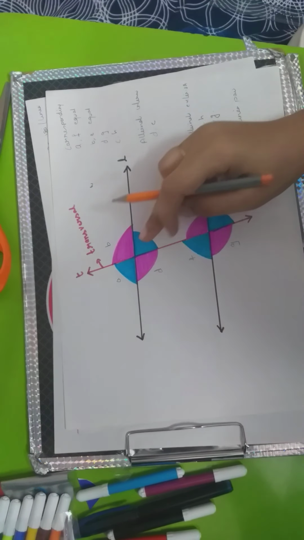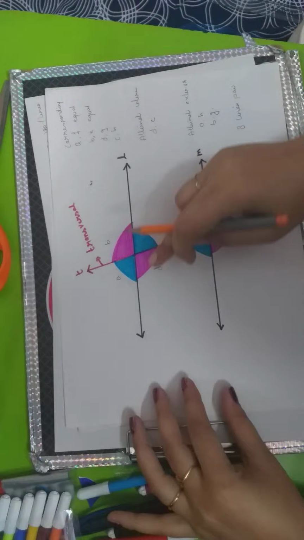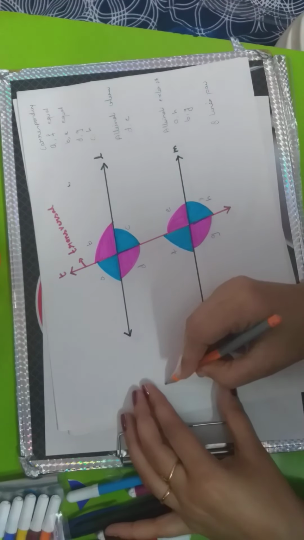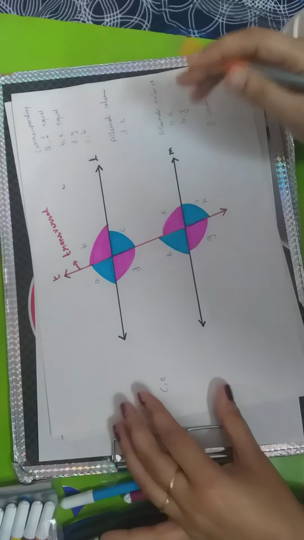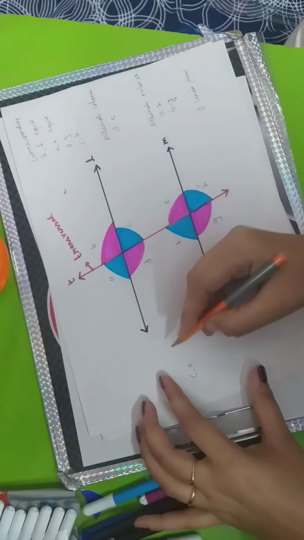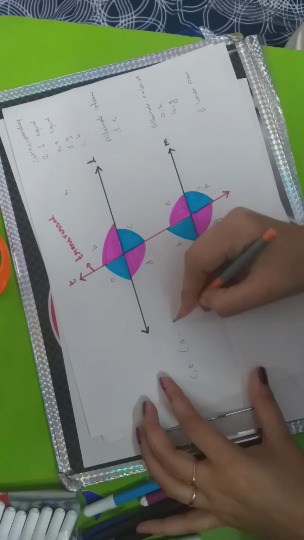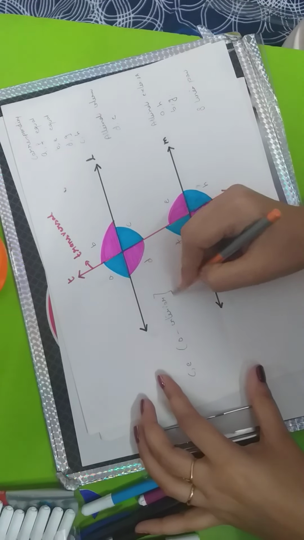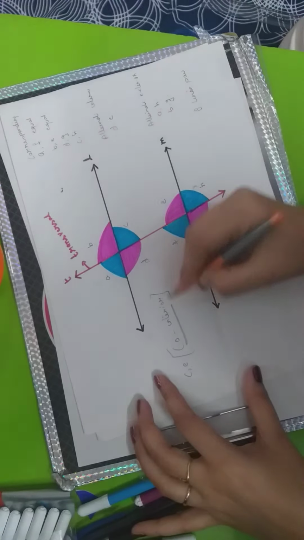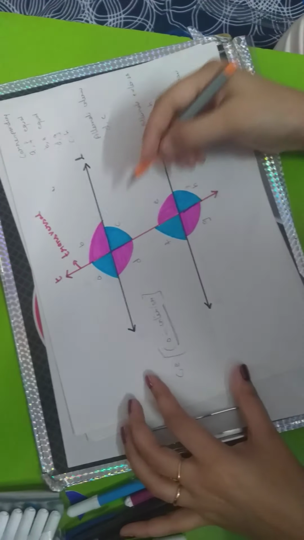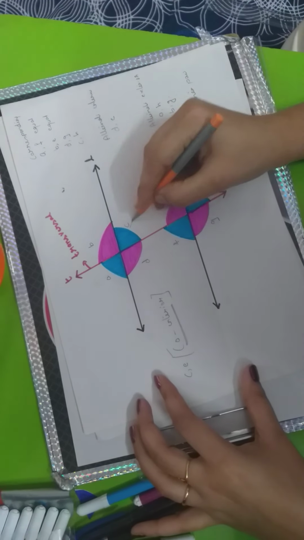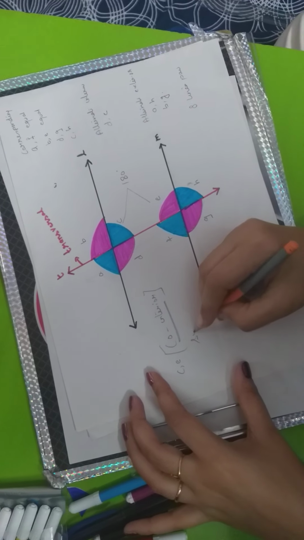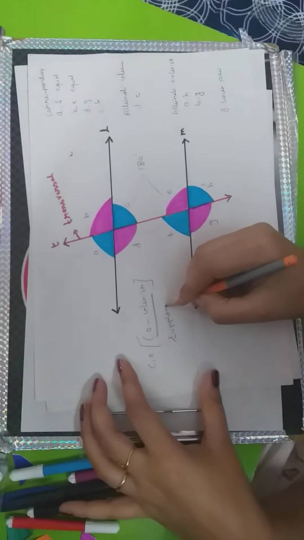Now what do we call them? They are interior, but what do we call C and E? Today we learn a new term. C and E are called co-interior. That's a new term we learn today. They are co-interior and they both have the sum as 180. So they both are supplementary.